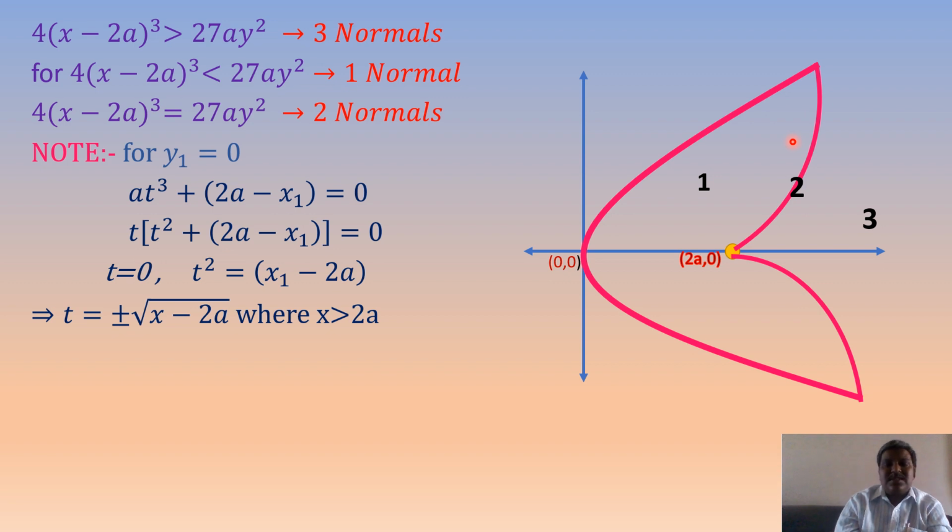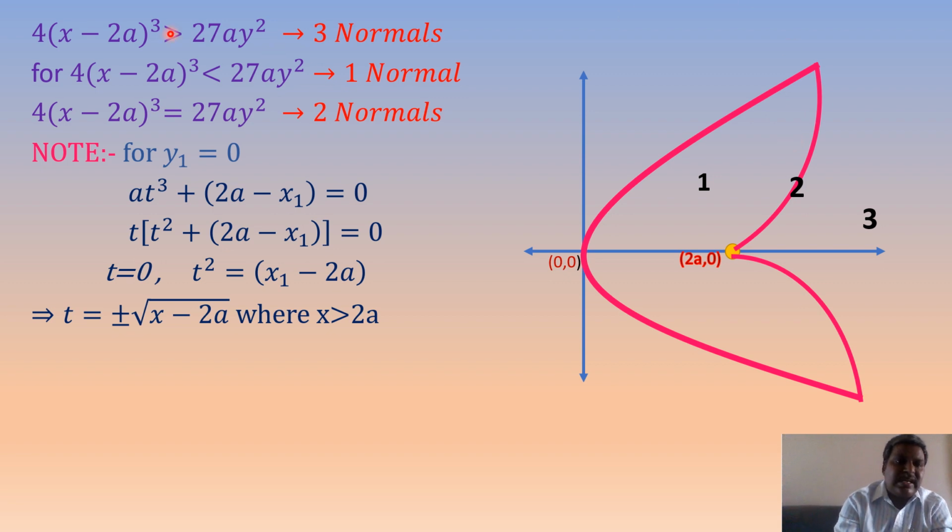Since, as shown in the figure, your point's x coordinate is more than 2a, that is inside of the curve. That is why I am saying you choose the point x1, y1 where it is. Is it on the axis? It is enough to have x1 greater than 2a. If your point is not on the axis, you have to check the three conditions like this.